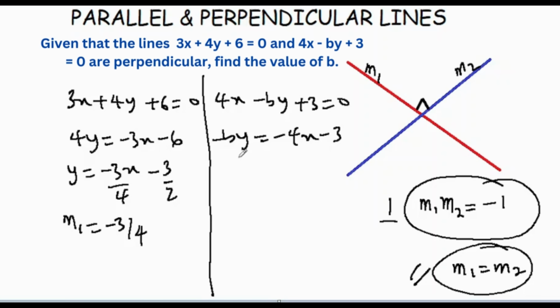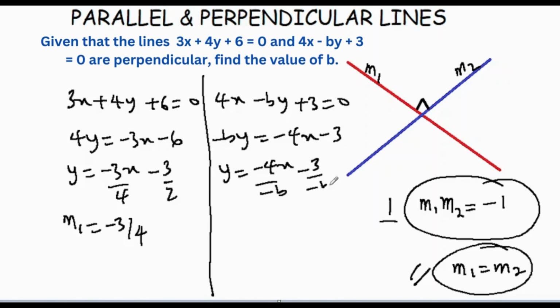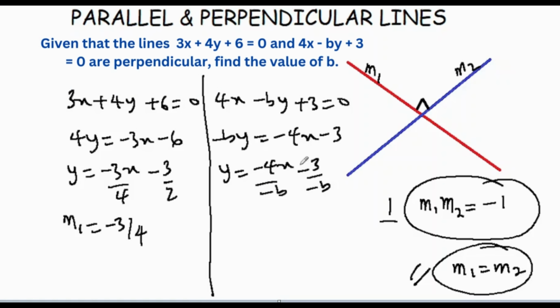If I divide all through by negative b, y will be negative 4x negative b, negative 3 divided by negative b. So at the end of the day, we're going to have y equals 4 over b x negative 3 over b, the negatives cancel out. So the slope for this equation is m2 equals 4 over b, the coefficient of